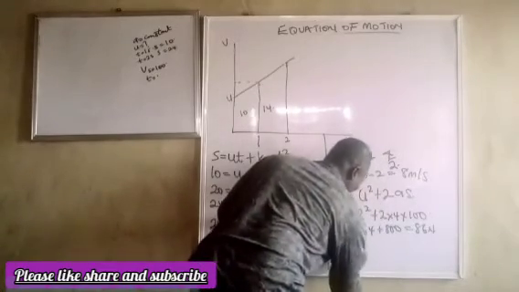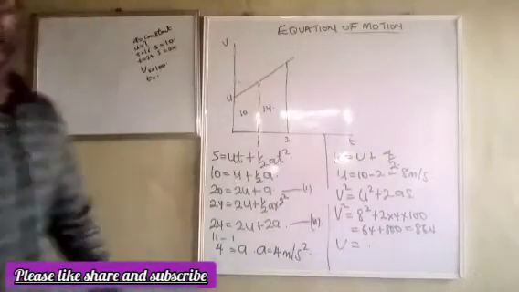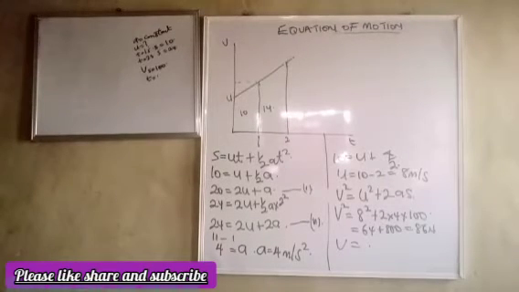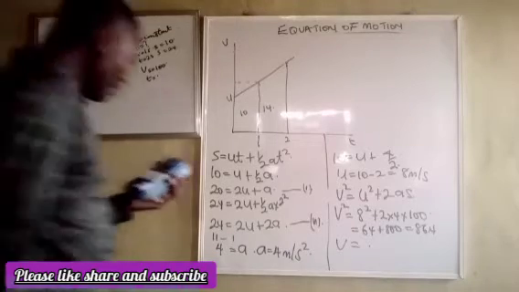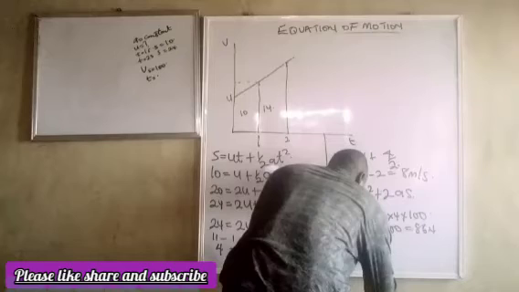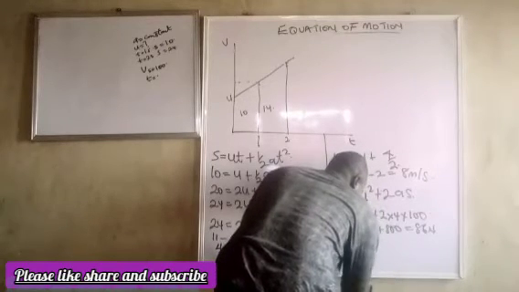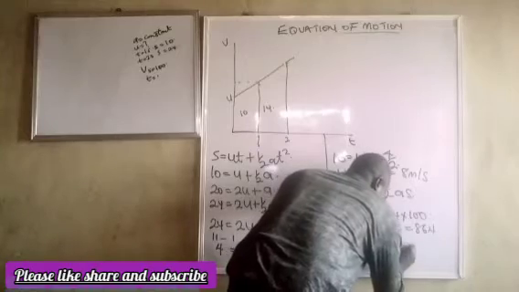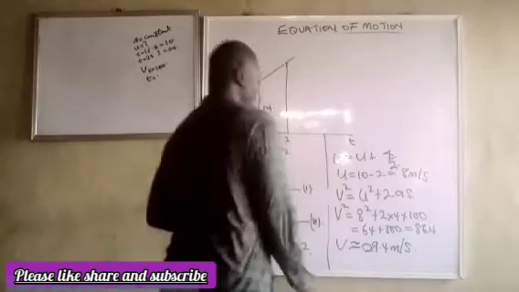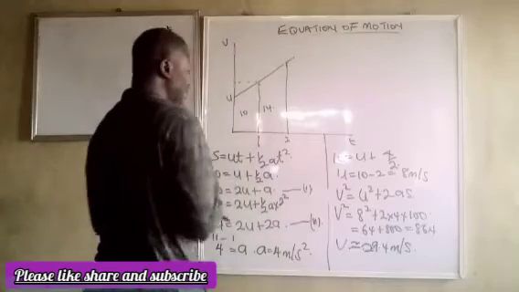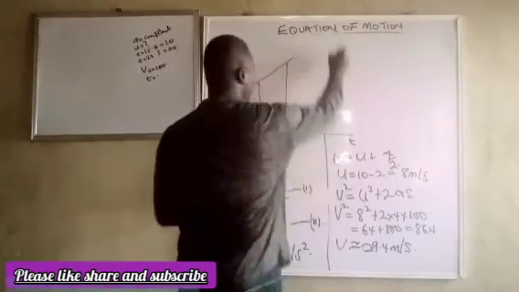So v at this time will be equal to 29.3, let's say approximately 29.4 meters per second. And to find the time at which that will occur, we can use